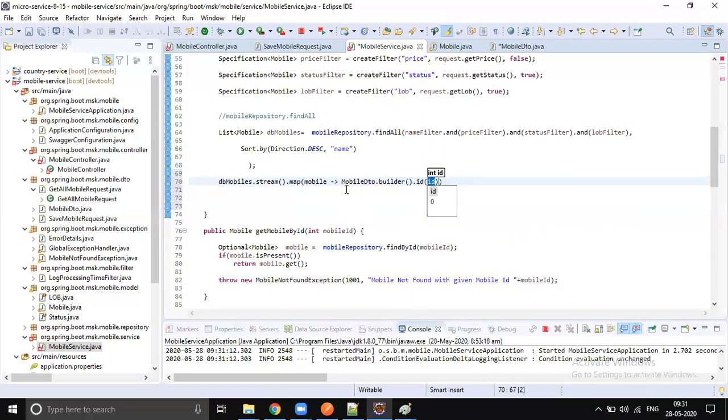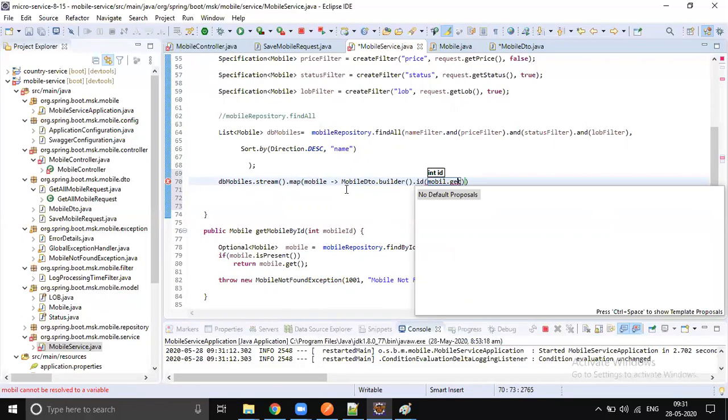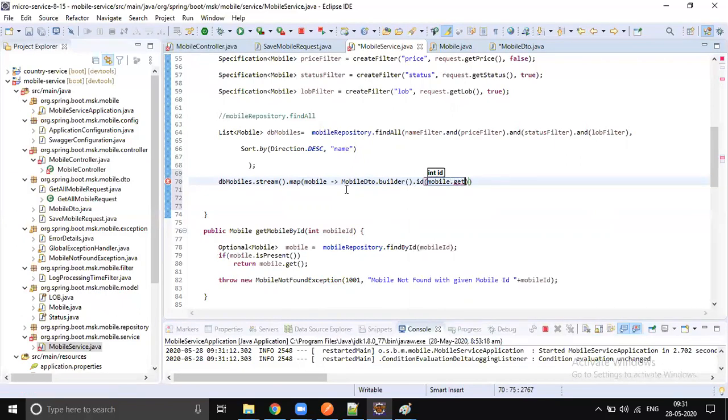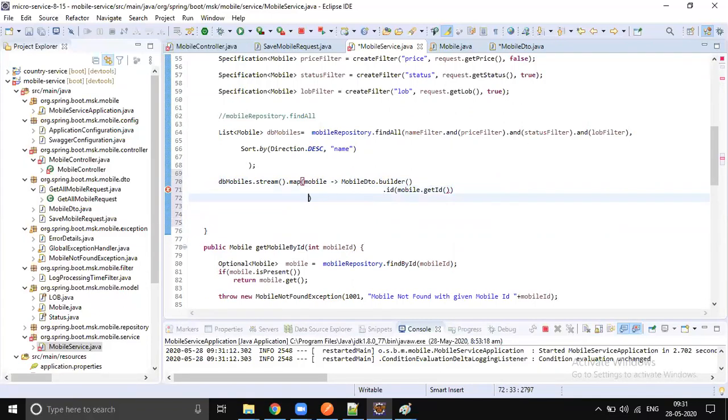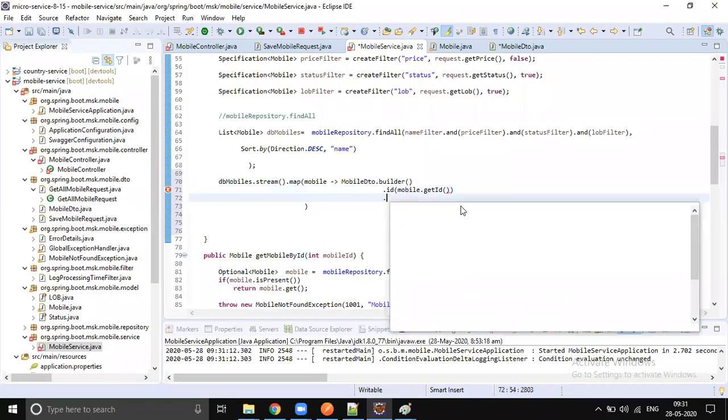So ID, let's take it from mobile: mobile dot get id. The map is started here and we are going to end it here. In between we will prepare this mobile DTO.